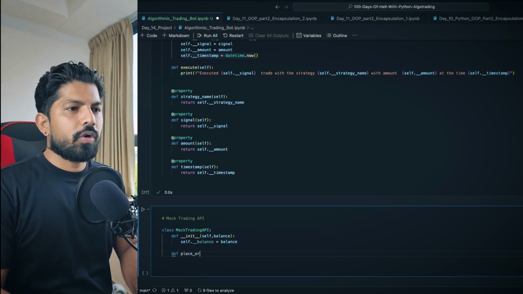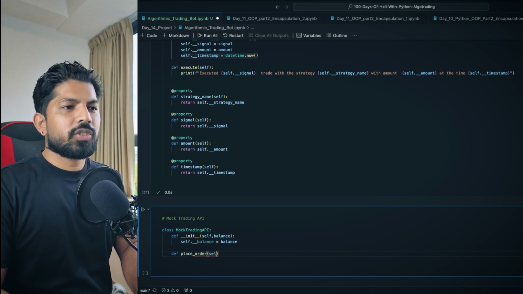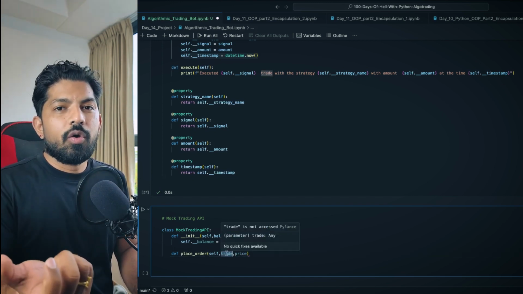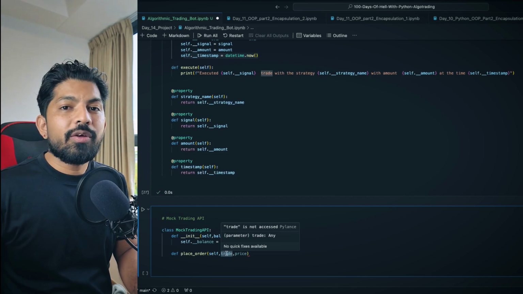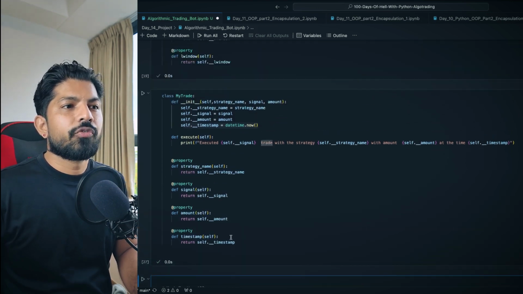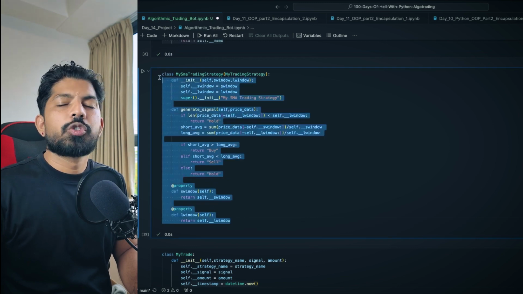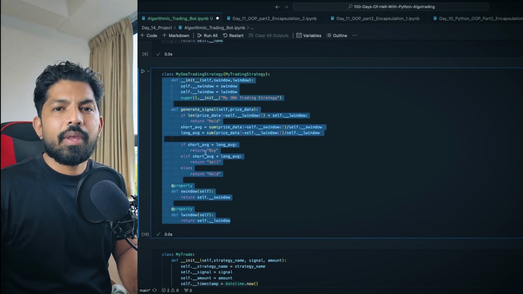So place order, and inside that I have self, then I have trade, and we have the price. So this trade is the type of trade, whether it's buy or sell. And from where will we get this? We'll get this from this class, right? This will give us whether we should be buying or selling any asset.